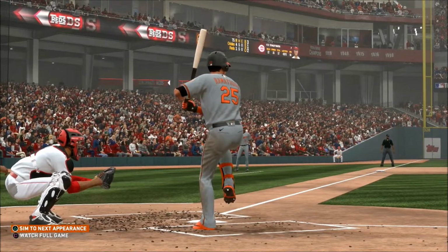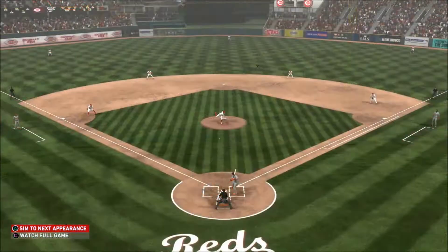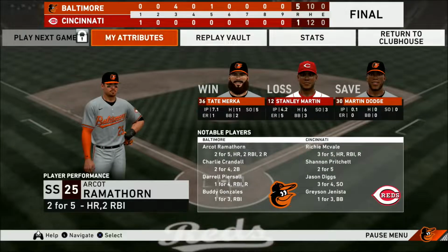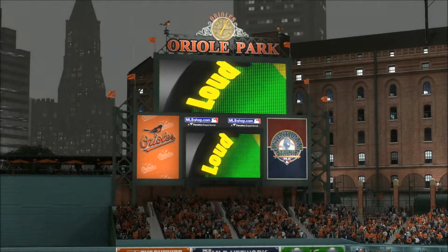I think it's time to start pitching around this guy. He's hit 3 home runs already in the series. Baltimore led this game from the 3rd inning on and never wavered. Tate Merca earns his win. We are under the lights this evening as we get you set for another edition of